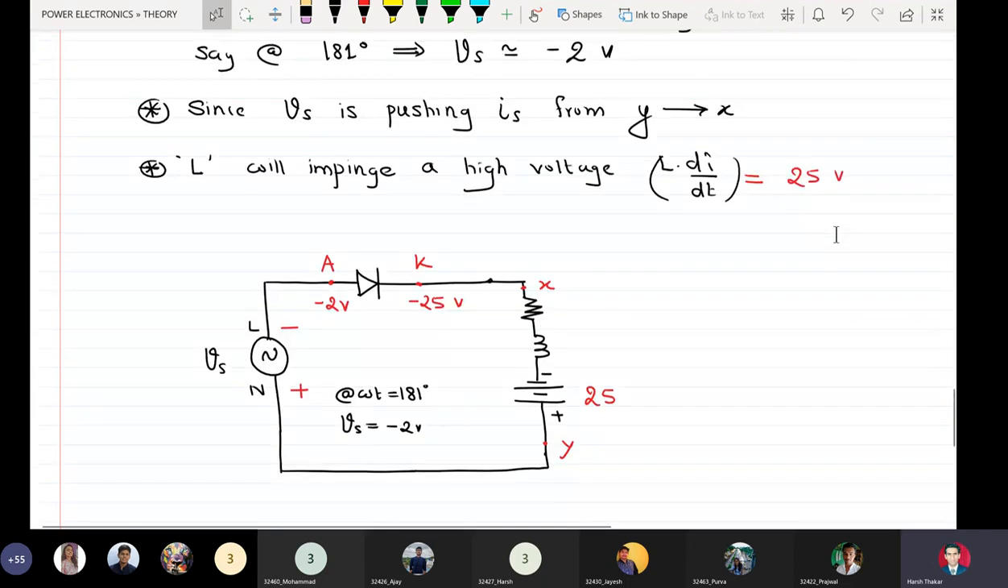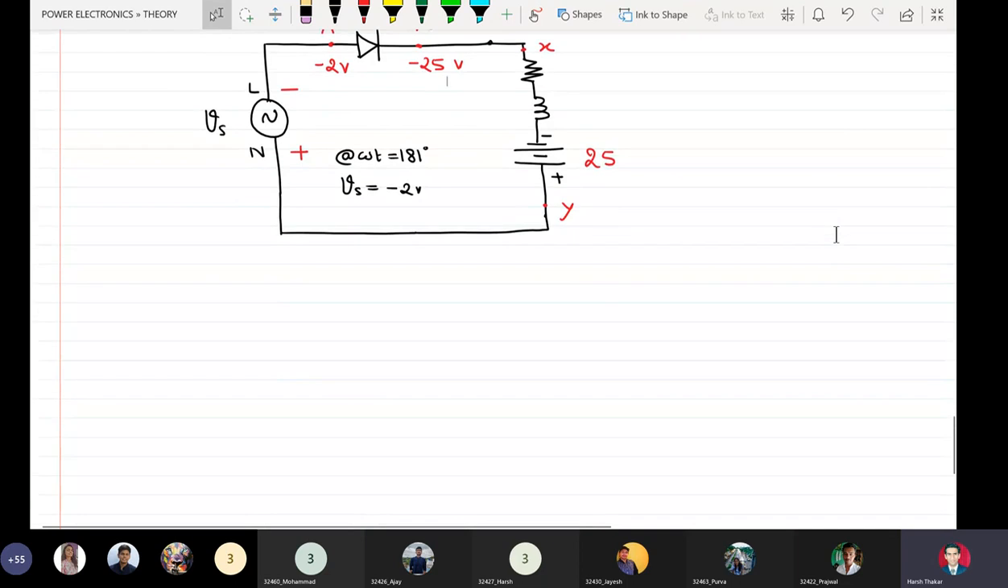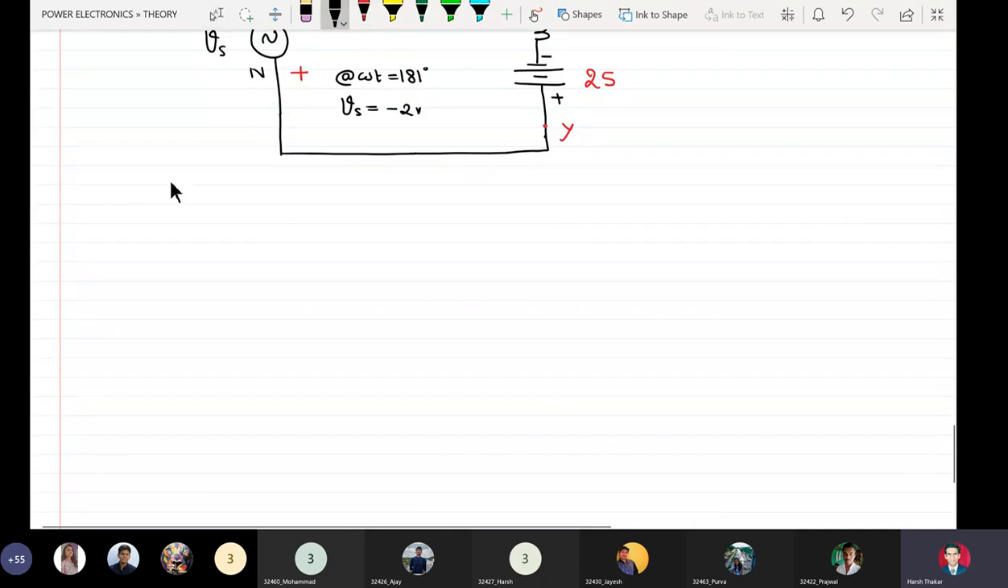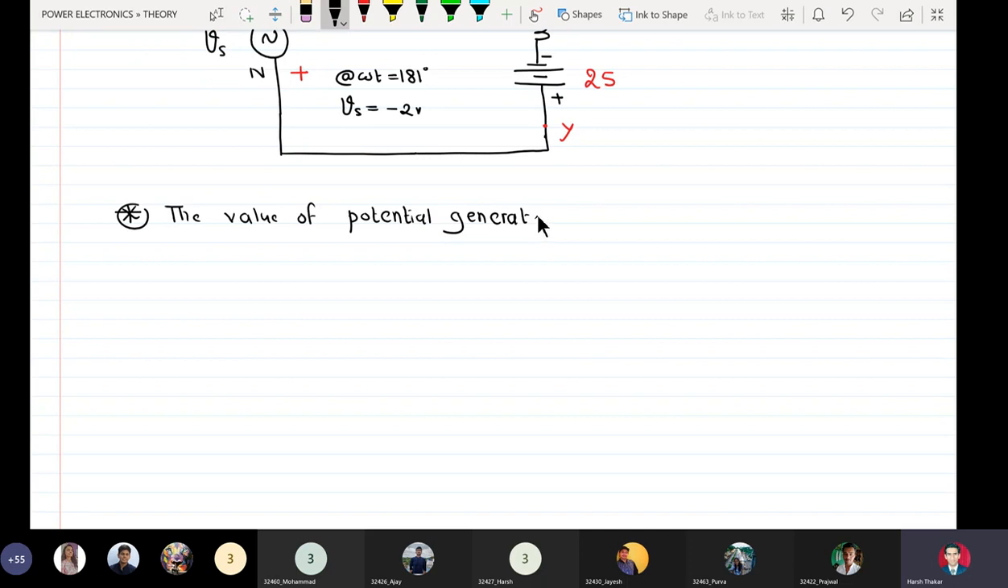So depending upon the value of inductor, the value of L di by dt will be decided. So let me put this point very clearly here. It's very important, right? So the value of the potential generated by L is a function of the value of L. Second observation is